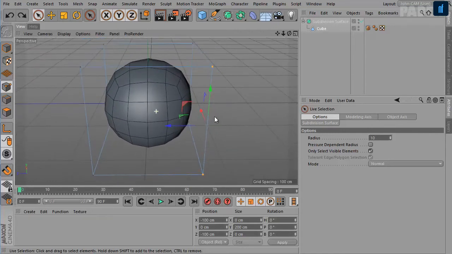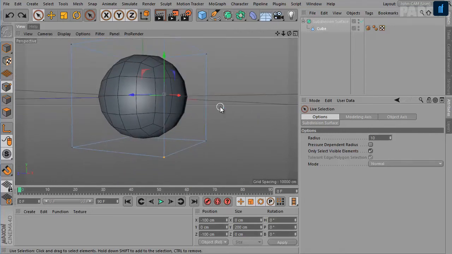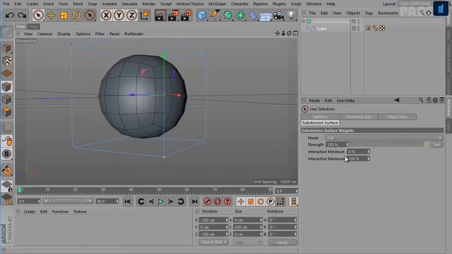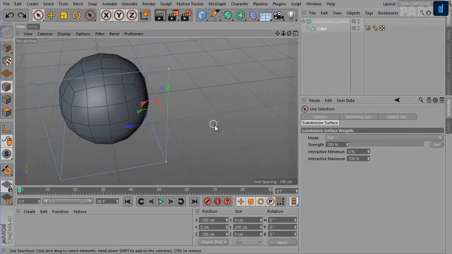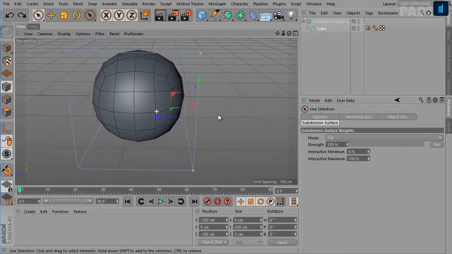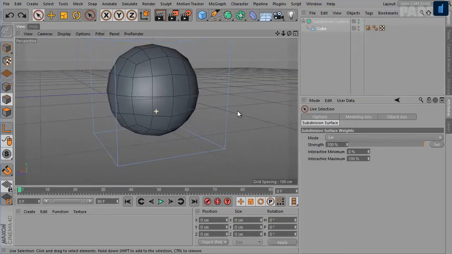To set the minimum and maximum weighting that you can apply by dragging, you need to select the live selection tool, and then here under subdivision surface you can set the interactive minimum value and interactive maximum value as well as the strength. Okay, so the interactive weighting is available for edges and polygons as well.